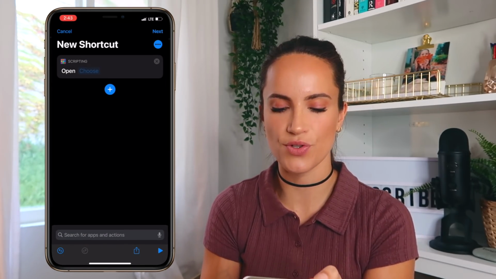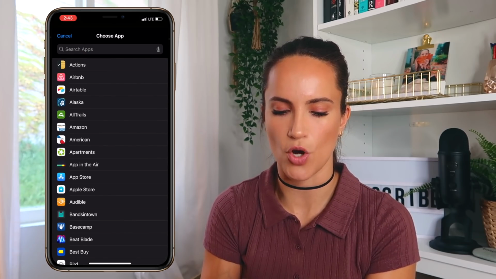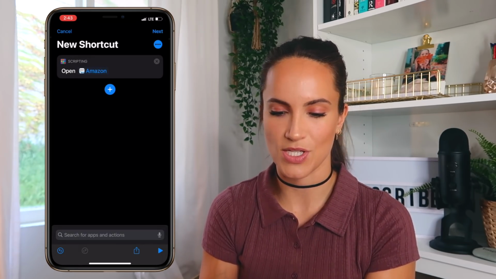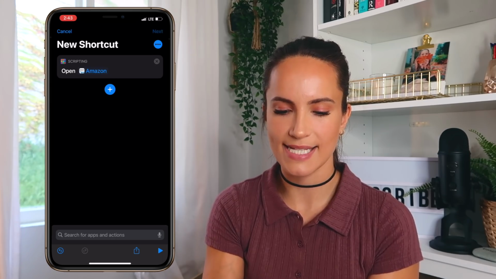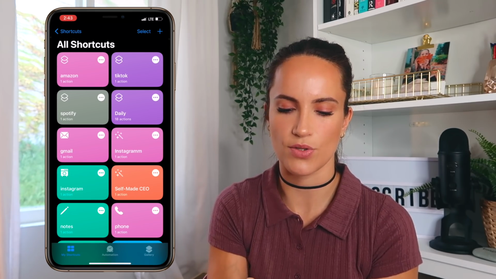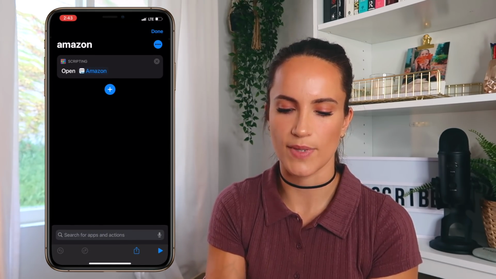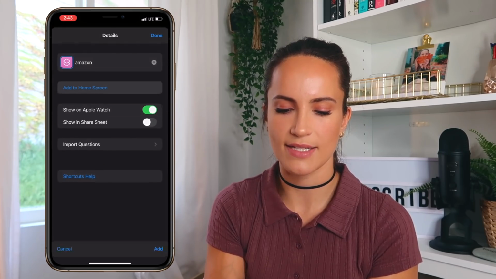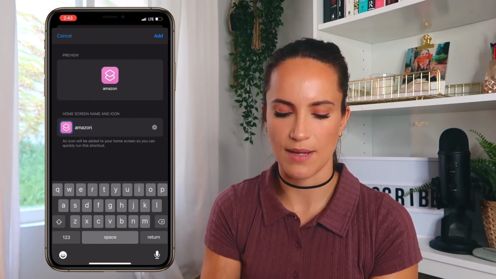Then if you click this choose button, you can just choose which app you want to open. So let's just pretend Amazon. Then you click next, you would type Amazon, click done, and then if you see it right here, you click the 3 dots here, click on add to home screen, type the name you want, and